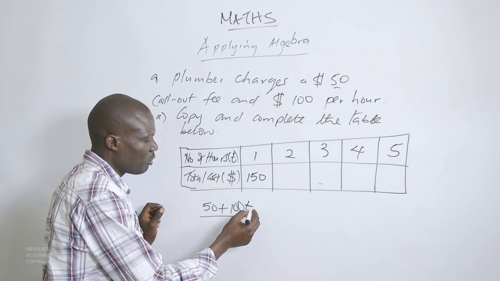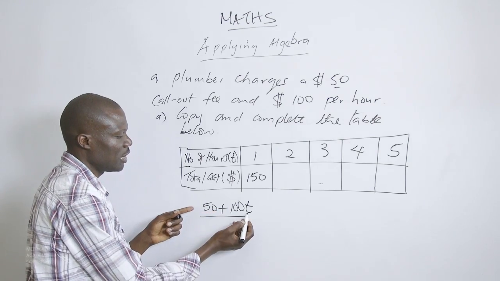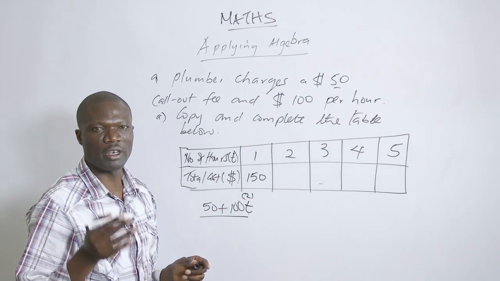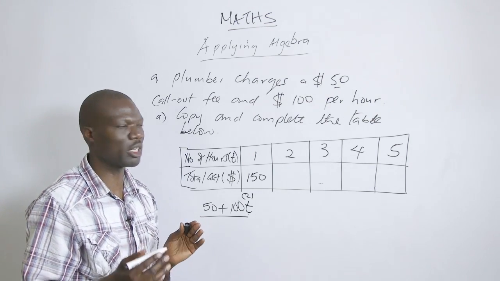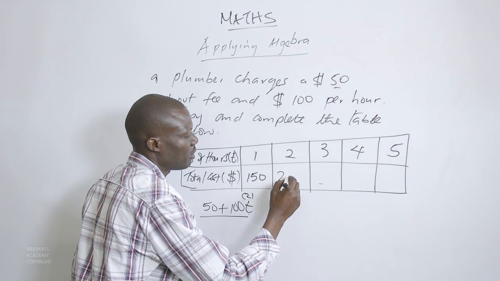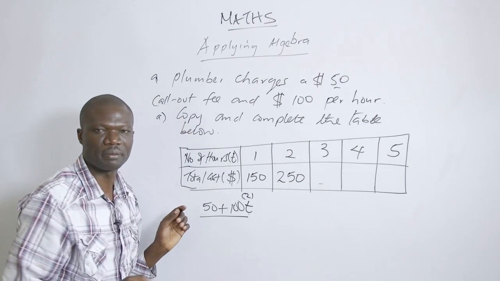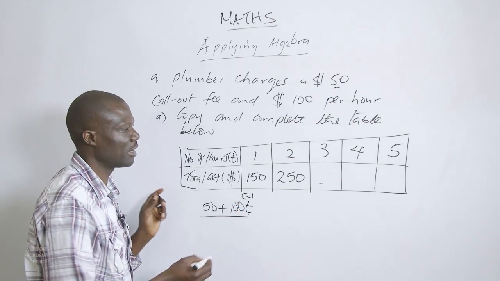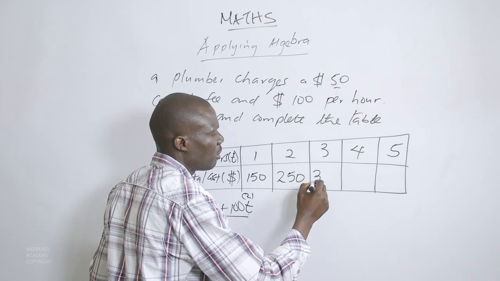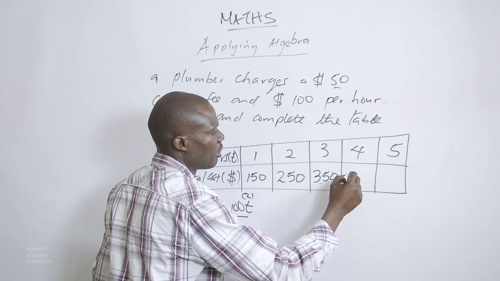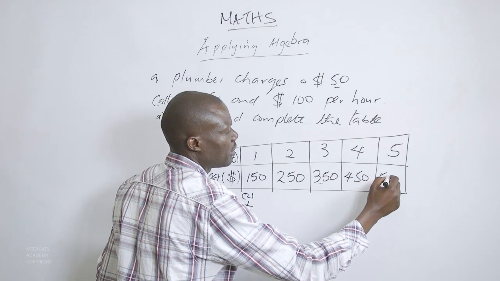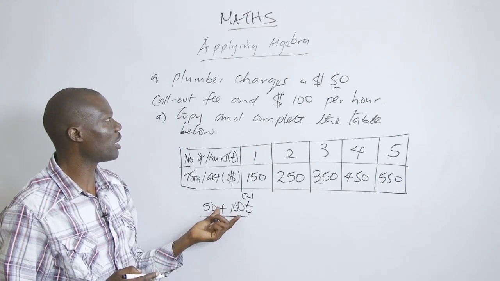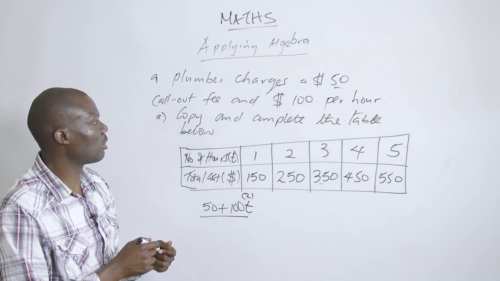If the plumber worked for 2 hours, then t will be substituted with 2. 2 times 100 is 200. 200 plus 50 gives us 250. So this particular part will be 250. For the third one, again, t is 3, so this is 350. So we are able to fill this table easily by simply considering the general expression for calculating the total cost